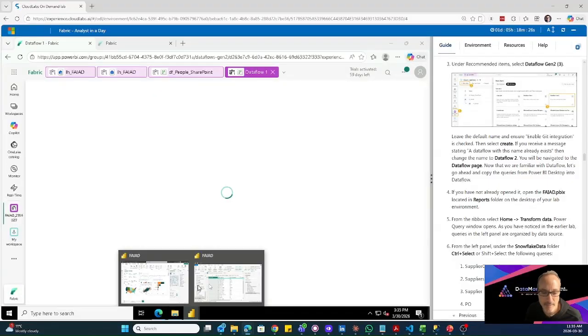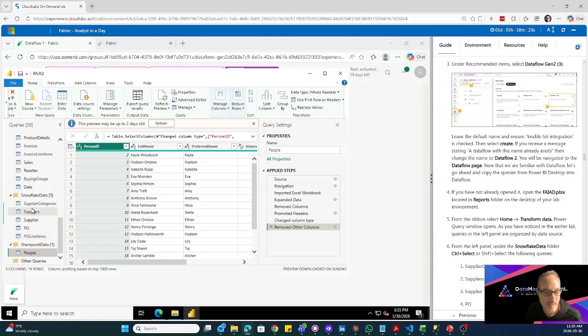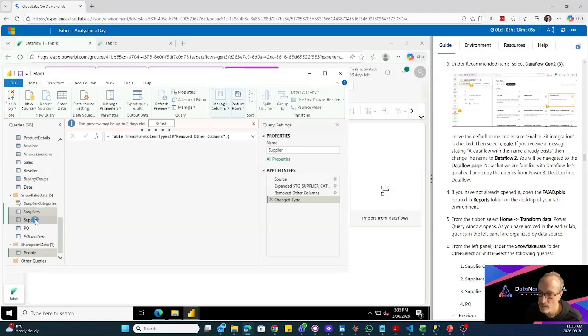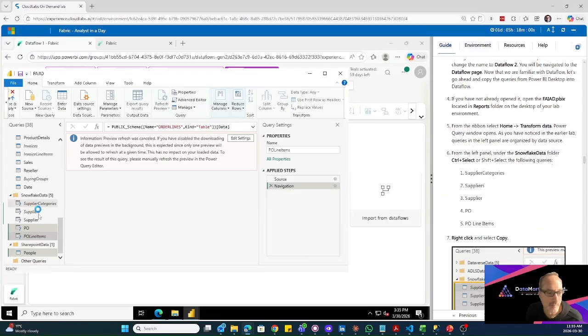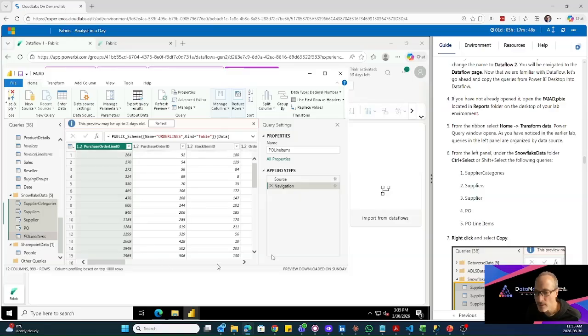Now we're gonna keep piggybacking from the effort that we had in our Power Query. So we're going to hold control and select all these PO and PO lines. Okay, I didn't select all of them. So the way I did it, I don't know, because my control didn't work to select. Yeah, it worked too. Holding control and right click, copy,